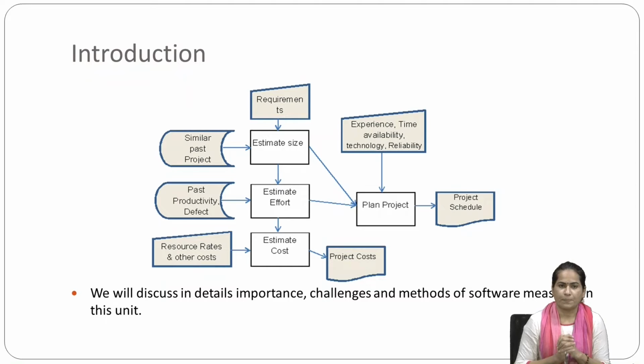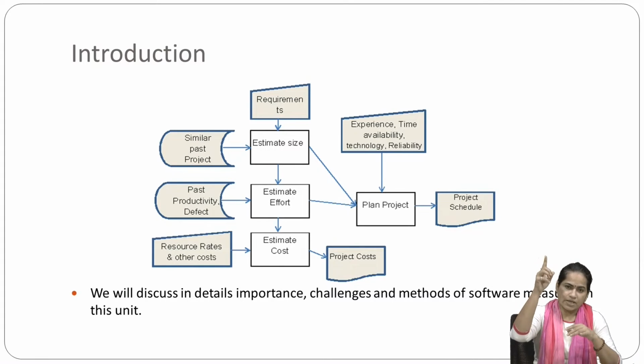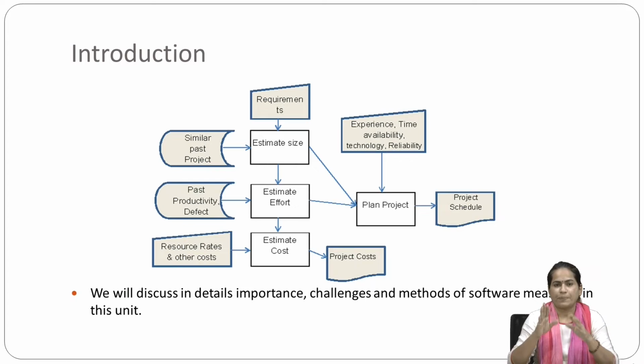Now that we have these two things, size and efforts, our overall costing will be decided based on them. Estimation of costing is done from the size, then from the efforts, and from efforts we get the cost. With costing and efforts, there is another point we have to consider, that is resource rates and other costs. When estimating the cost, we have to consider different rates and also different times.